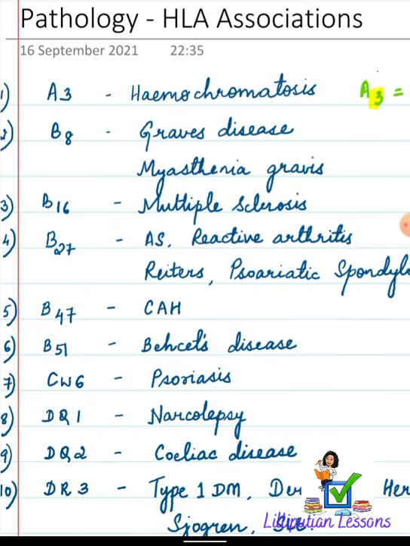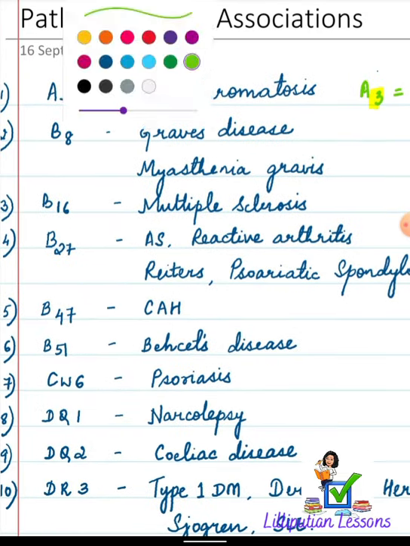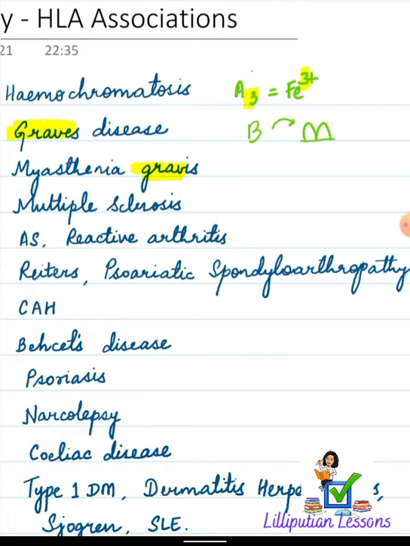The second one we will move on. This is HLA B8. B8 is for Graves disease and myasthenia gravis. So here what I want you to realize is that the word grave is there in both, right? So here you should know that this word B looks like a set of two tombstones. So if you write B like this and you turn it over, it's going to look like this. These are two tombstones, and tombstones are present in graves, right? So this is for Graves and Graves disease. Okay, so I hope that was helpful.